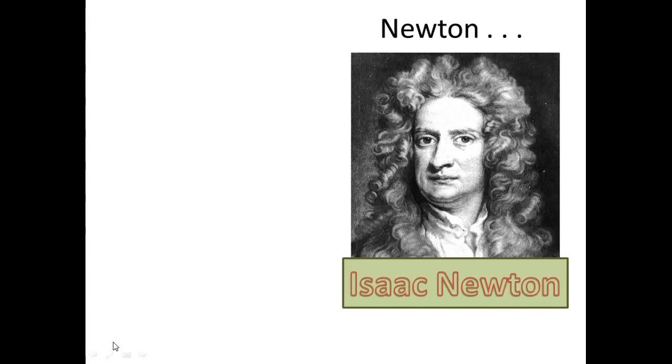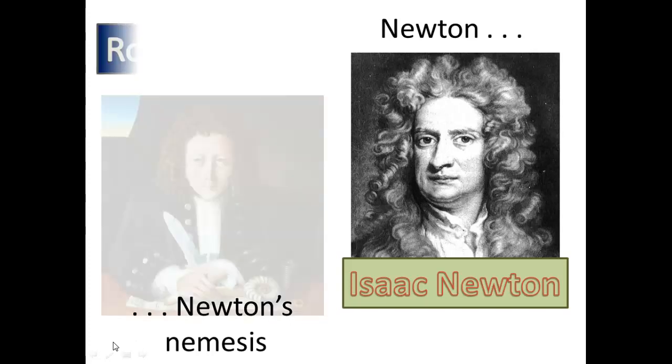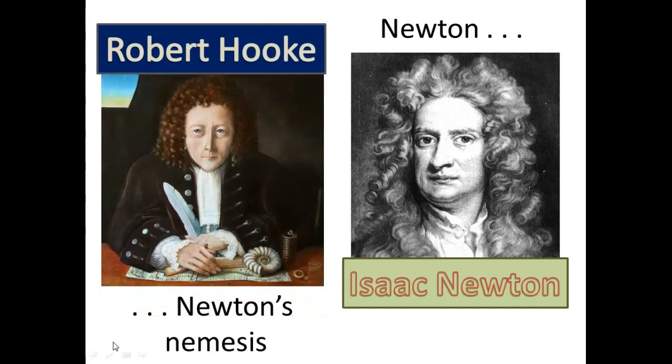He did not get along particularly well with the man we're going to talk about today, and that person was Newton's nemesis. They did not get along. They were lifetime adversaries. When Newton was a young man, this English scientist, Robert Hooke, came upon him and accused him, Newton, of stealing some of Hooke's ideas. And Newton was so offended, and this acrimony between them continued over the years with accusations of ill will and misconduct that they never got along. So it's easy to have a bad opinion of Robert Hooke, but this guy is fascinating,